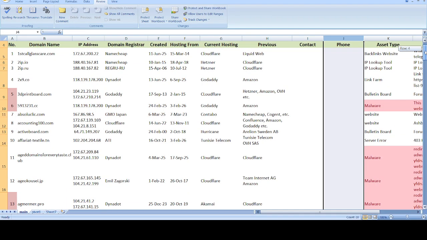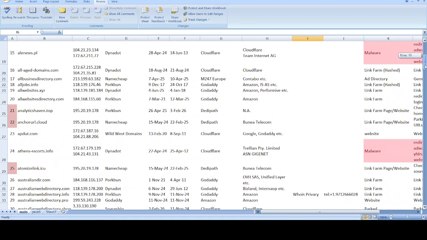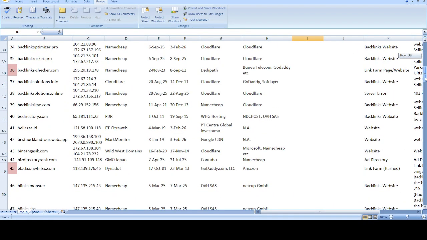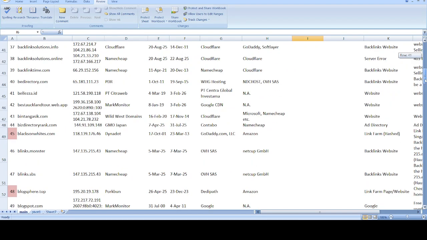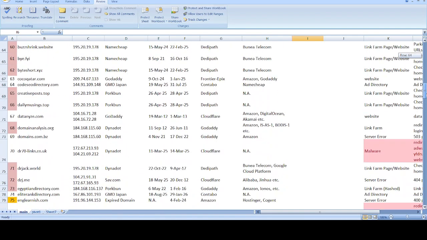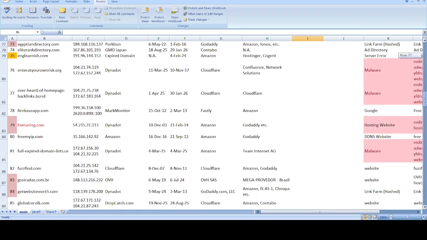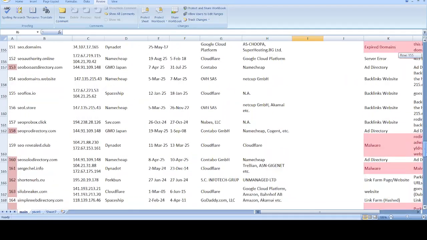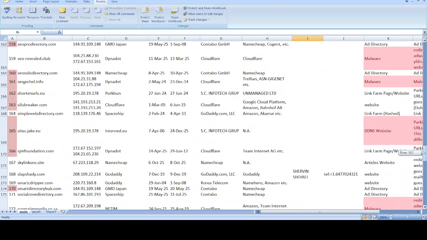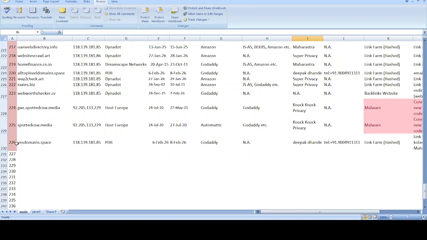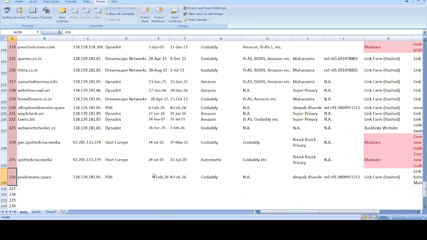So I'm going to go down. In case you want to take a look at any of these domains, you can just pause the video and scroll manually so you can take a look at the domains and the other details related to it. If you remember, we had found 214 domains in the last video. Now there are a lot more. It's gone up to 226, and we also found this guy called Deepak Dhande, and we also found his